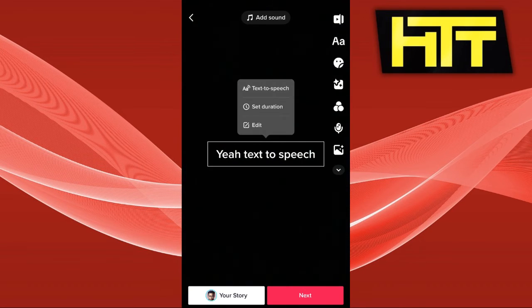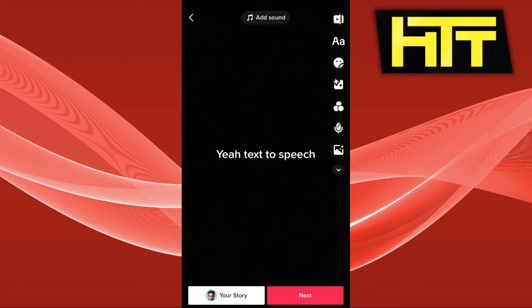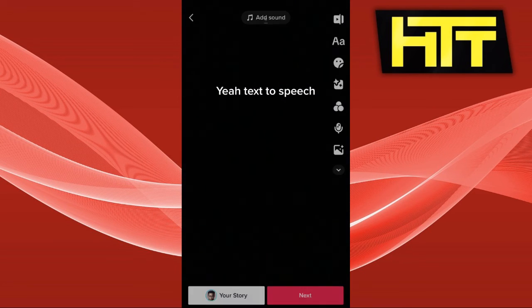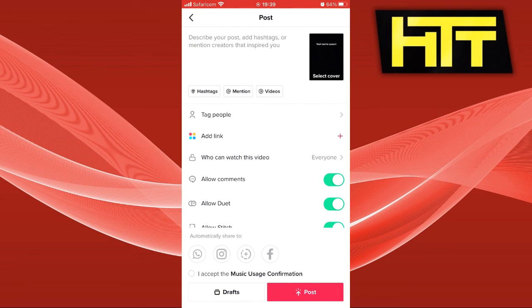next you want to do is to hold on the text. Yeah, text to speech. And as you can see, all you have to do is hold on the text and enable text to speech, and it will read your text. And that is how you do it,